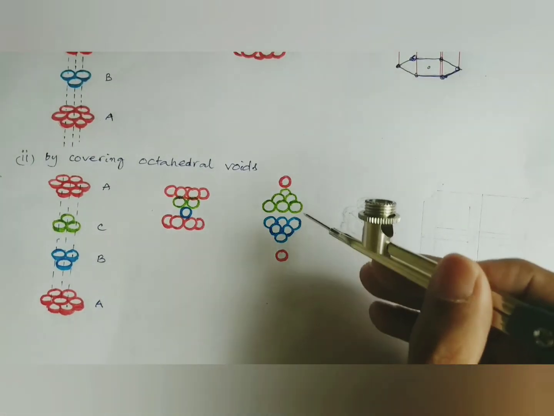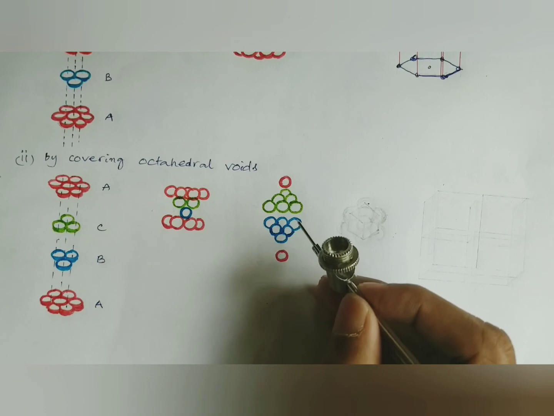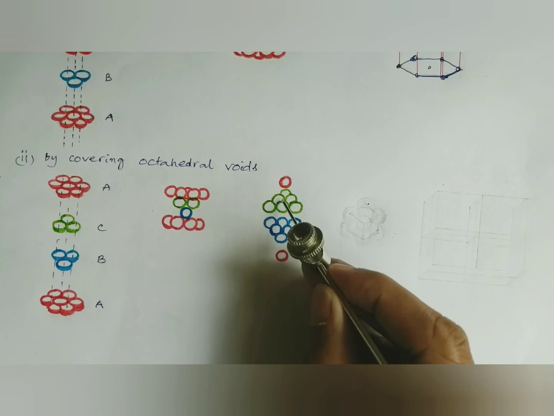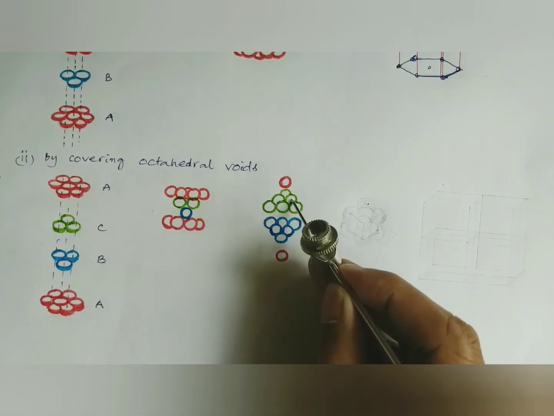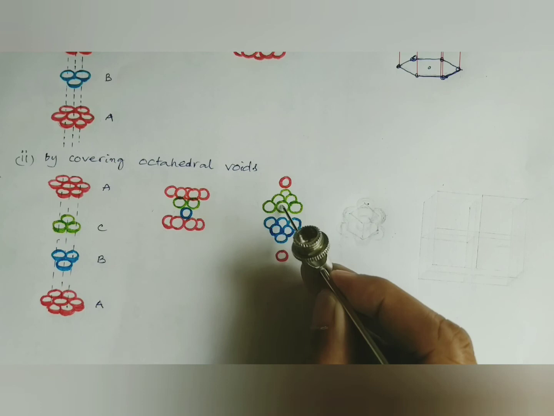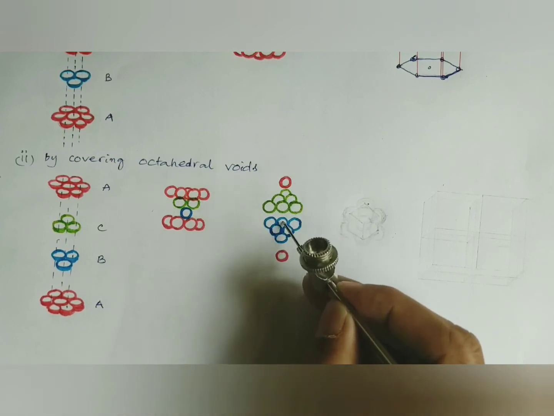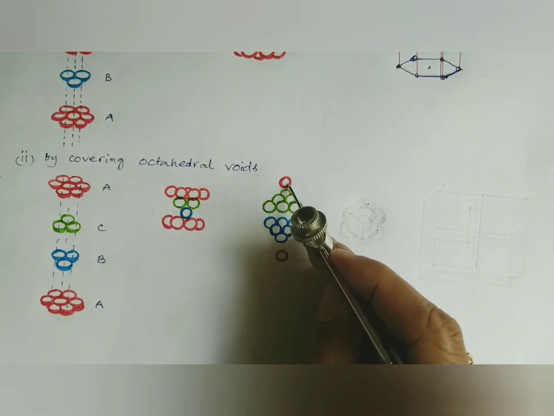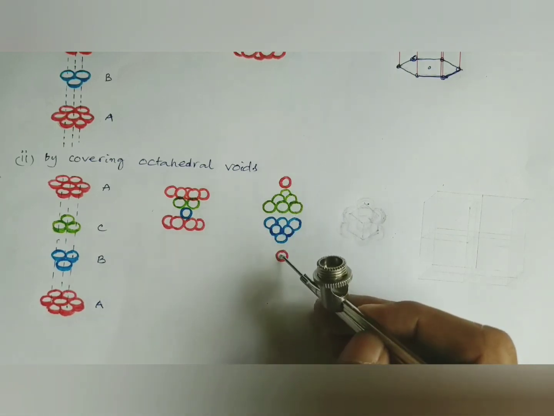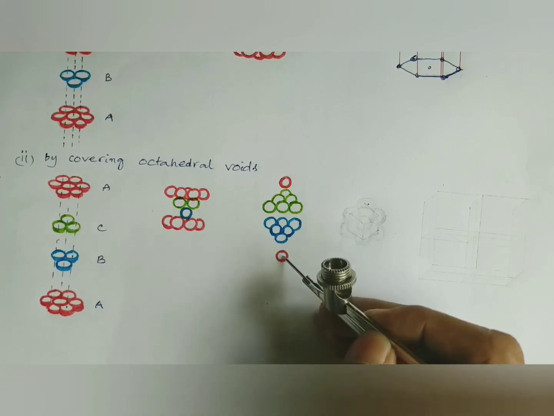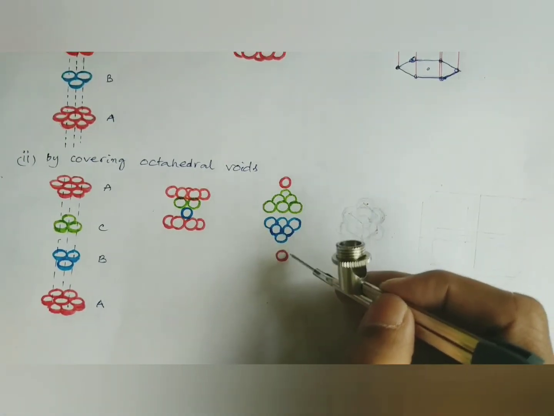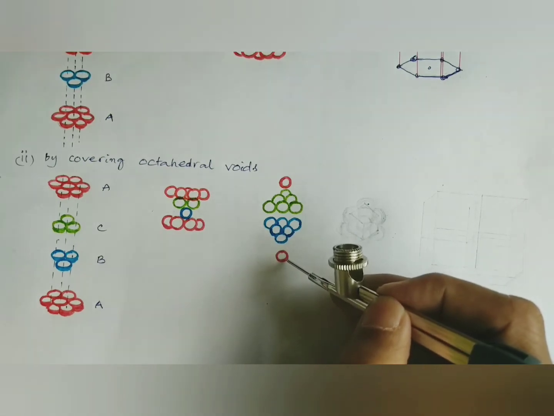This is first layer, second layer, third layer. So here you can see the planar trigonal of spheres like this, covered up by planar trigonal of spheres of third layer, but they are projected in opposite direction. So these 3 spheres along with these 3 spheres make one octahedral void in which this atom is sitting. So even in the bottom side also, one more atom covering up the octahedral void. So this is ABC kind of packing. So it results in the formation of a face-centered cubic.